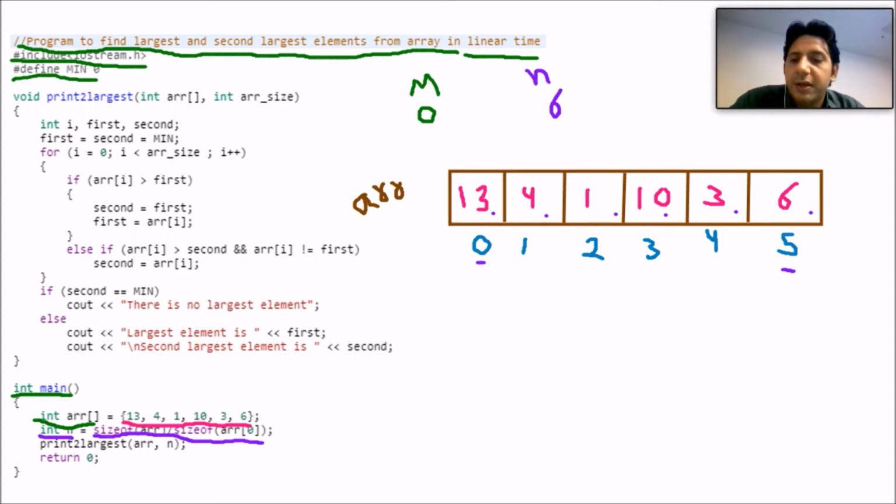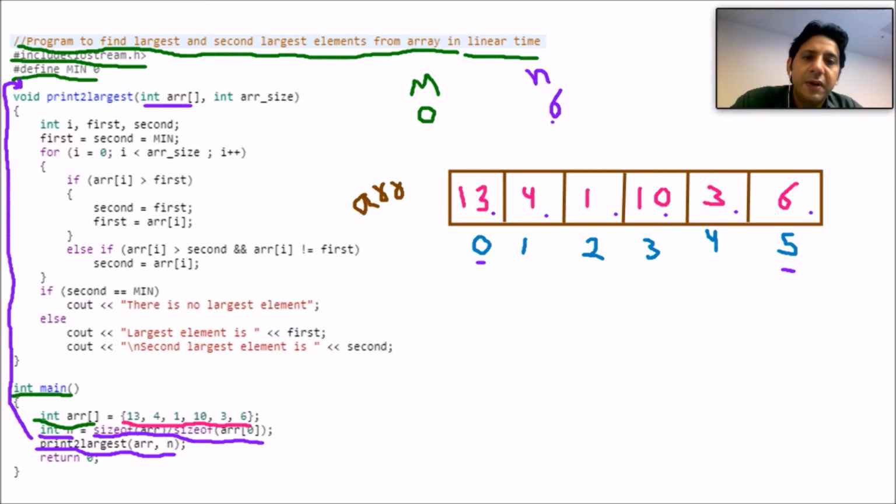Further it is saying printTwoLargest with arguments arr comma n. So they are calling a function. Control is transferred to the function, and they have passed the array of integer type and n, which is the number of elements, into arr_size. So arr_size value is 6.